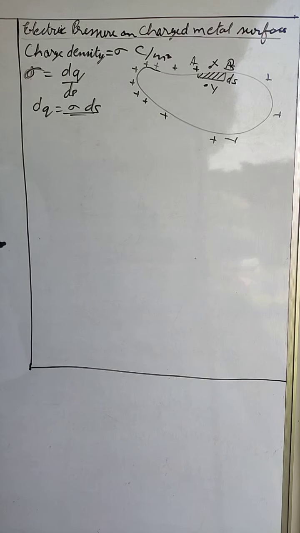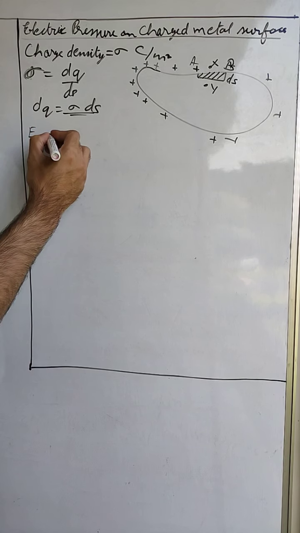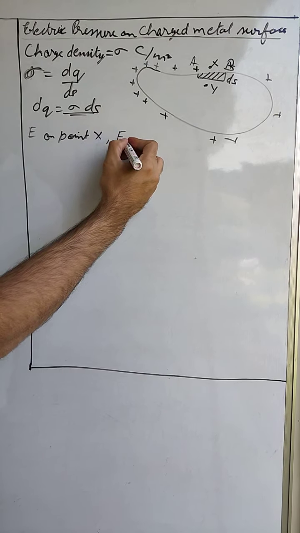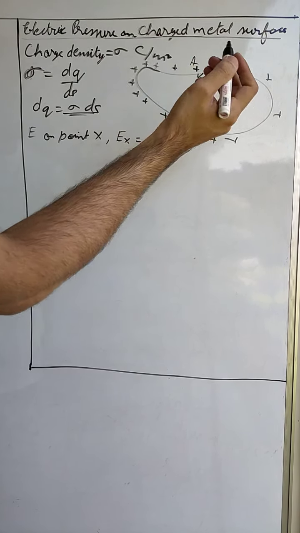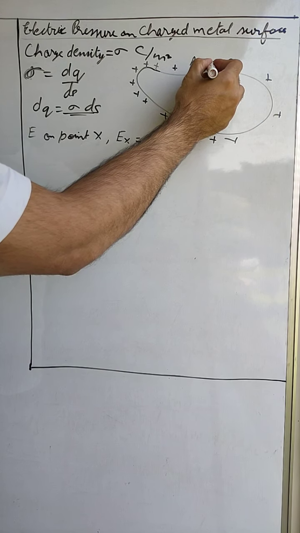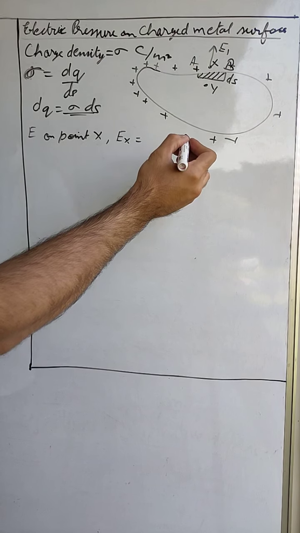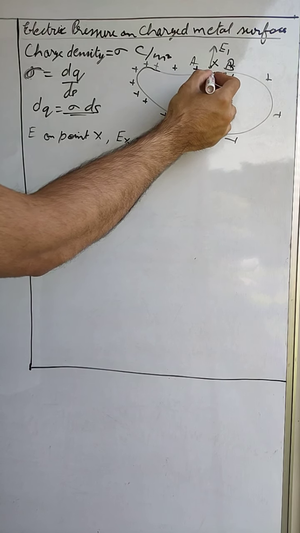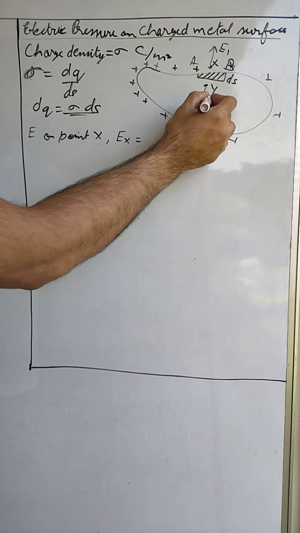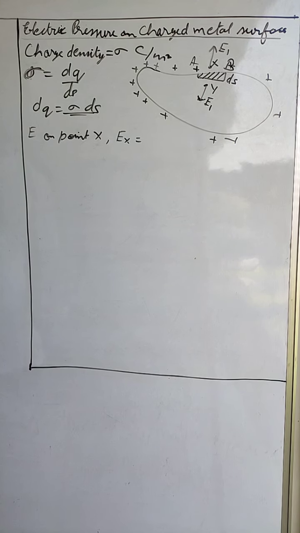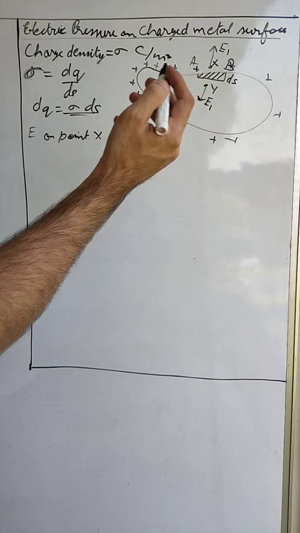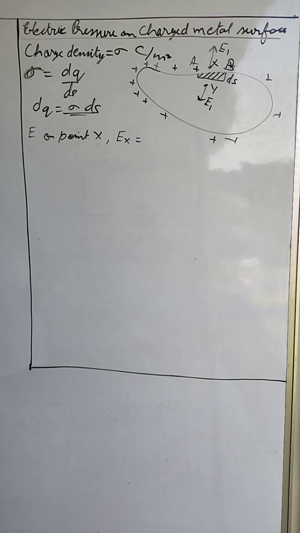So due to section AB, the electric field on point X, let us say it is E1. This electric field E1 will be in this direction, and the electric field due to the charge on ds on Y will be in this direction. Both will be E1, because this E1 is because of ds. Now because of the remaining surface area, another electric field, say E2, is exerted.